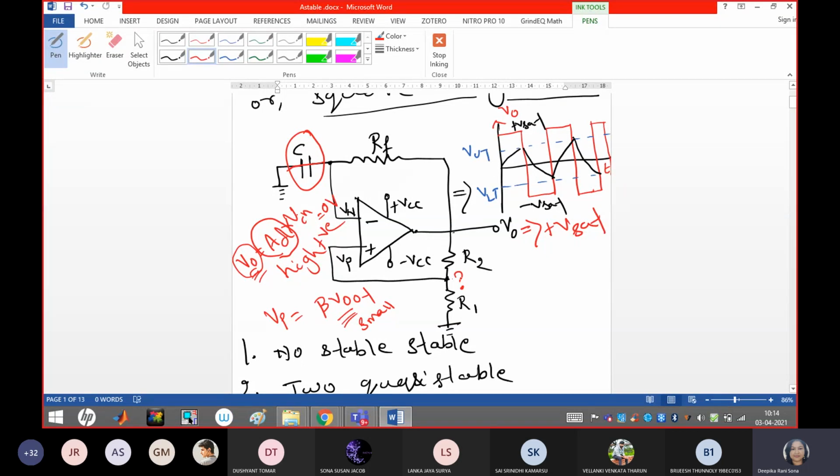So if I rewrite the equation at here again in terms of this Vp voltage, what should be the new equation for me at this point? If I rewrite this, now I will not say this is Vp, let's label this as the upper threshold voltage. What should be the equation now? V0 is changed to plus Vset.